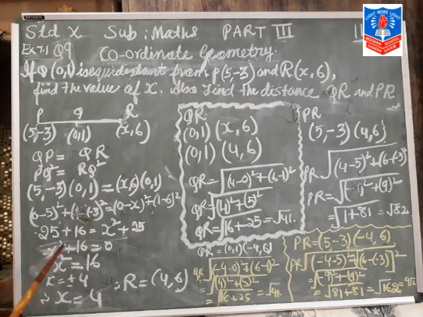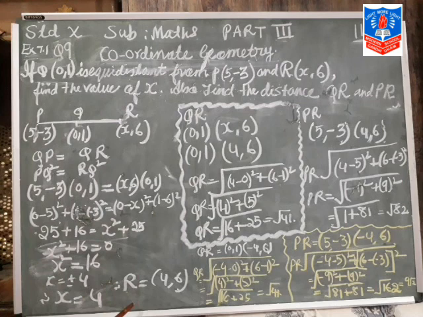So x square plus 25, and 25 minus 25 directly we can cut. 16 equals x square. So we can say x square equals 16. X equals the factors plus 4 and minus 4. You can do x square minus 16 equals 0. You can write (x plus 4)(x minus 4) equals 0. You can do whatever you like. You have your own wish. Directly also we can do.